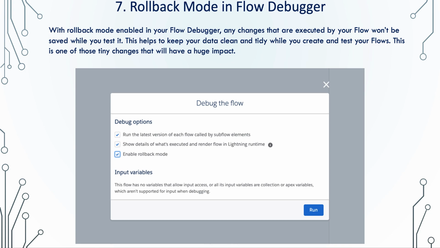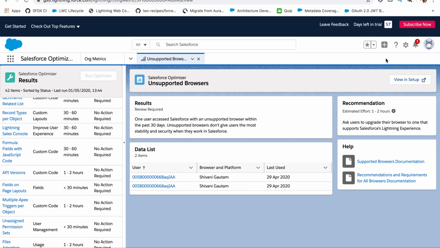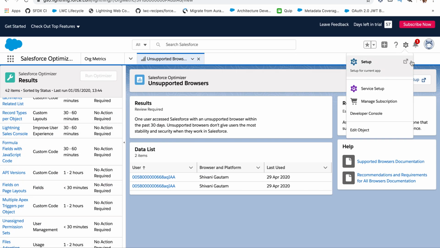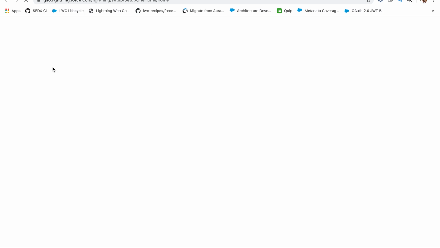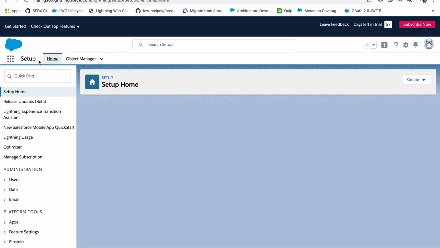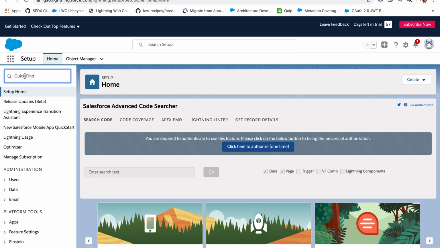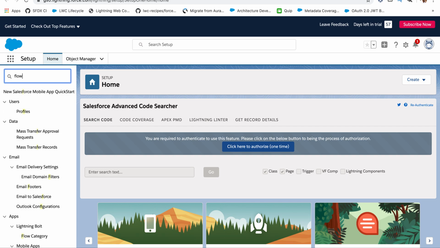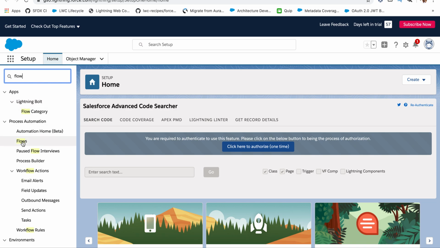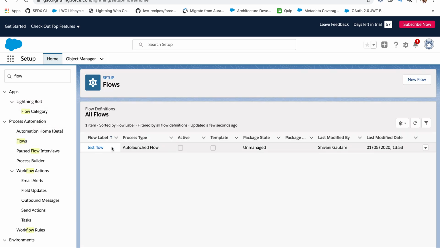So if you go to any of your flows, I'll quickly show you. I have this flow which is an autolaunched one.